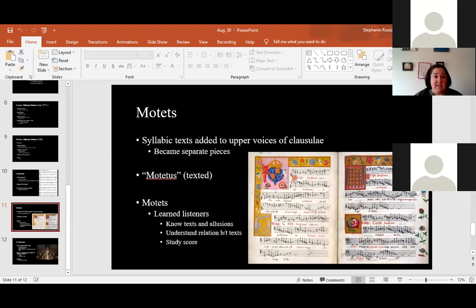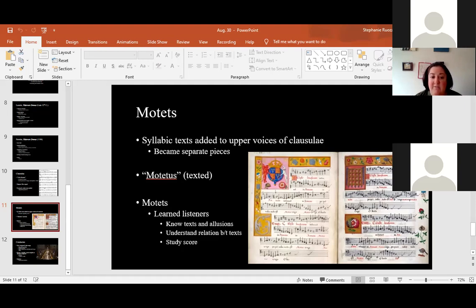Okay. Is everybody feeling good now? Okay, fantastic. So that's the motet. And just again, in terms of keeping our terminology straight, when we move from clausulae to motets, we change the name of that second voice from duplum to motetus. And motets, again, have another text added to them. So it's not just the chant text anymore. And the upper voices aren't just holding a neutral syllable anymore. The upper voices are singing their own independent text.